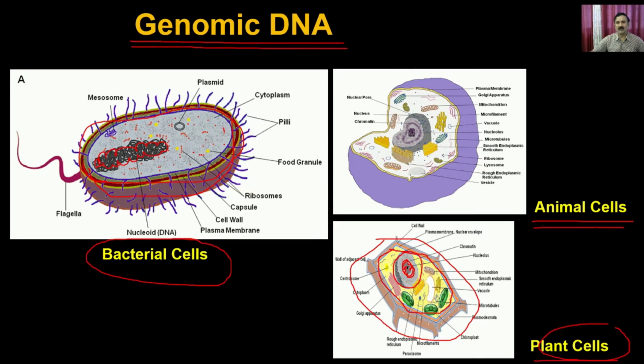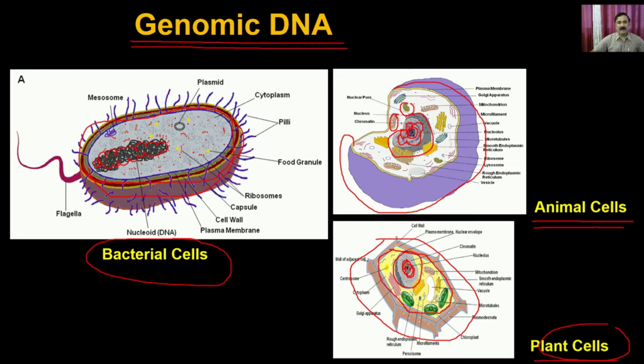the animal cell composition is a little different. The animal cell does not have a cell wall outside, and it has the plasma membrane, and within the plasma membrane you have different types of membrane-bound organelles, whether it is the mitochondria, Golgi bodies, or the nucleus. Within the nucleus, which is also a membrane-bound organelle, you have the DNA, which is present in the form of nucleoprotein complexes to form the different types of chromosomes.